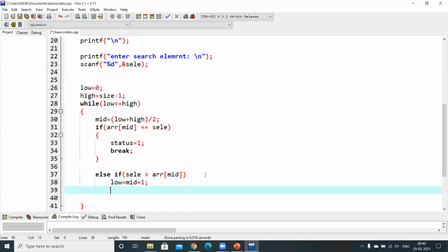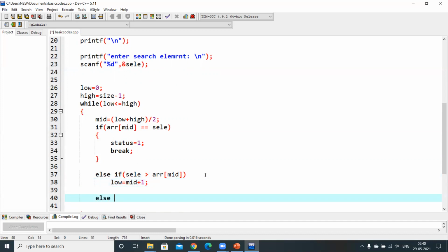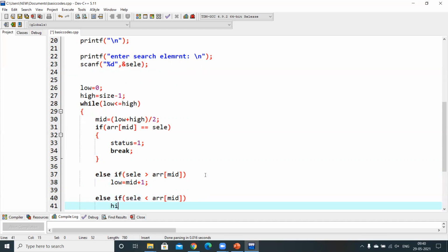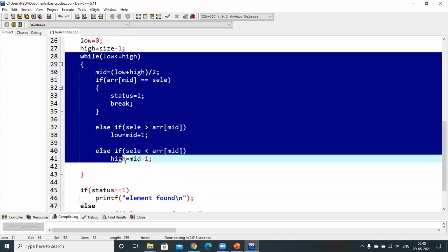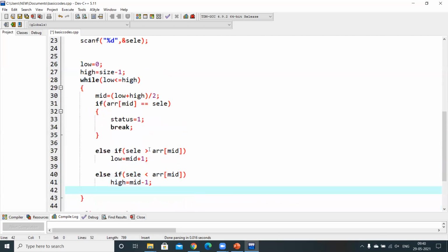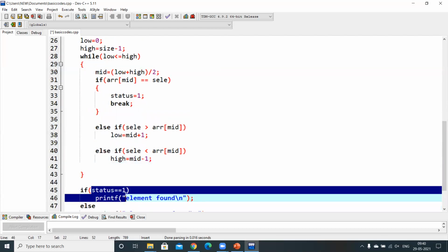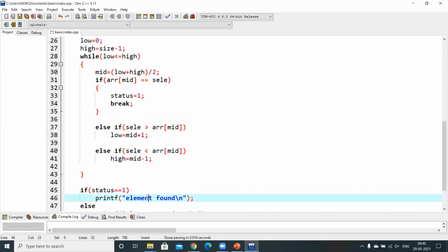And what happens if the element to be searched is present in the left subarray? Then you need to modify the high value to mid minus 1. By doing like this, you can implement the binary search logic based on the status value. If the status is 1, the element is found. If the status is not 1, then the element is not found, right?